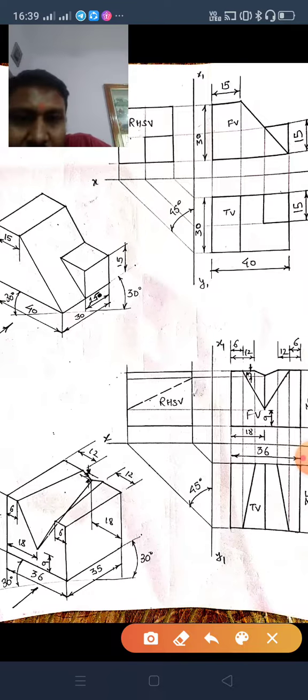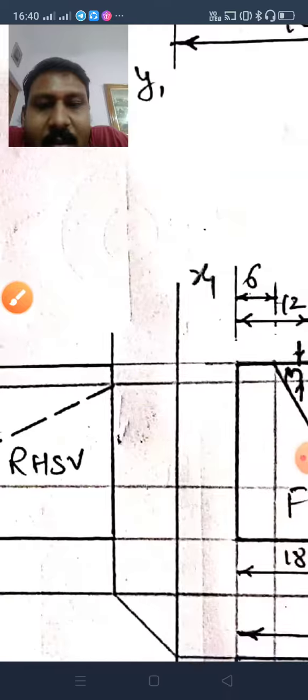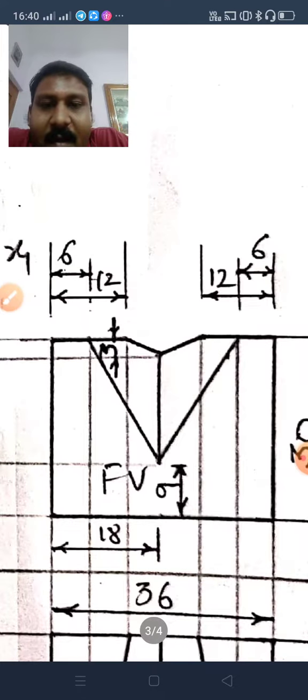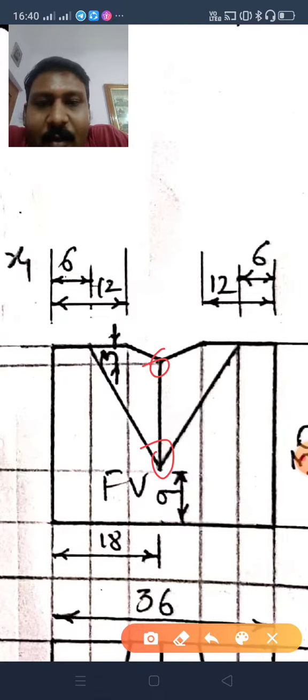Now once these points are known to you, what will you do? Take 18, this is 36, so midpoint of this will be 18, take this midpoint. From here bottom take a height of 9 mm, you will get this point, and from top also you will get the center. From there top drop it 3 mm, you will get this point. Okay, I have drawn the dimensioning, I am zooming it again, you can just see it. Likewise, you will get this point and this point, both the points are known to you. You just join this and join this and join this also.